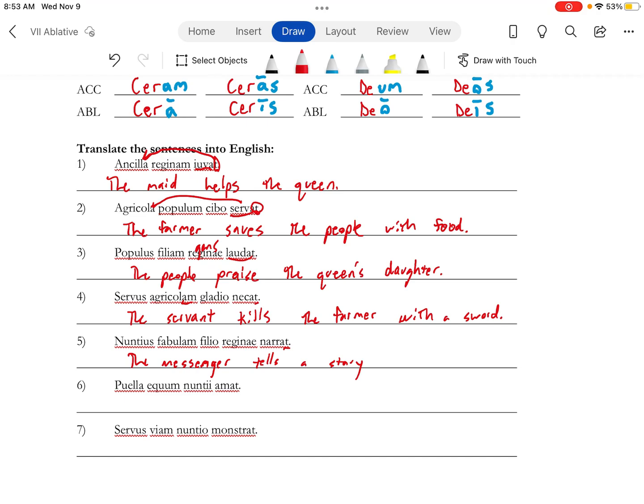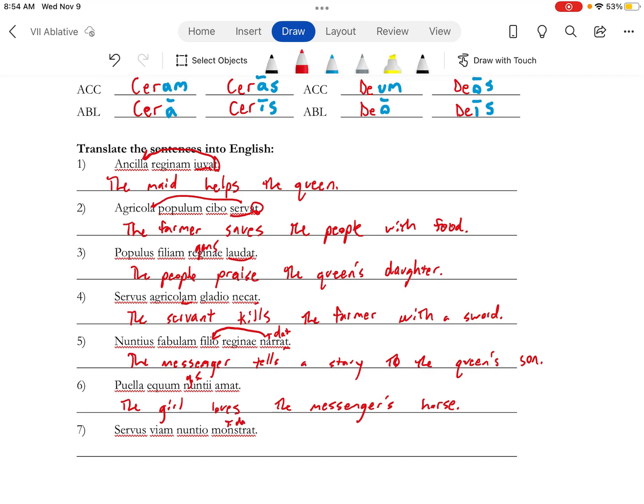And then this one's a little tricky, but we need to make sense. This is one of the trigger words for dative, and this one's actually going to be my dative. To the queens will be genitive. Again, we just need to think it through and make it make sense. The girl loves a mom. And then that I on nuntii is genitive singular, the messenger's horse.